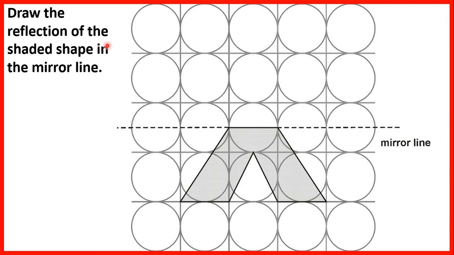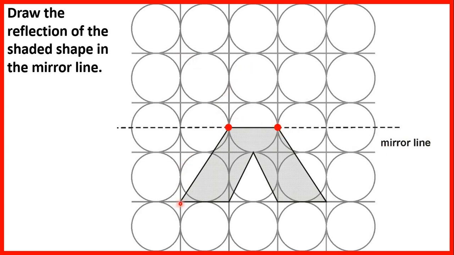Draw the reflection of the shaded shape in the mirror line. So we need to reflect the shape so that we have the same on both sides. And the way to do that is to dot the corners. So these 2 points are on the mirror line, so they will be on the mirror line when we reflect